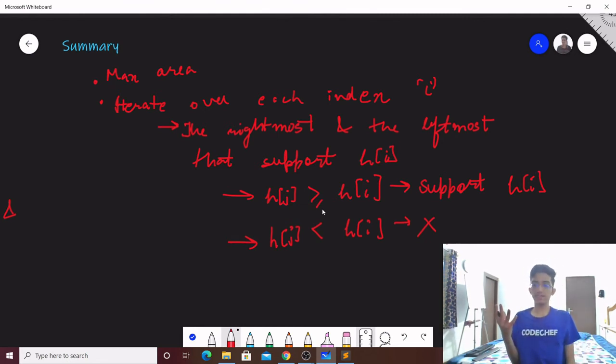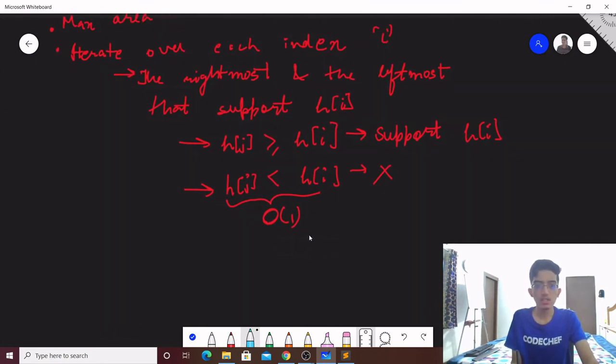what we are doing is basically looking at all the optimal rectangles, and from all those optimal rectangles we are just keeping track of the maximum possible area. So what remains is to calculate the next index j effectively, in O of 1. For this we use a stack, that is the next smaller and the previous smaller.